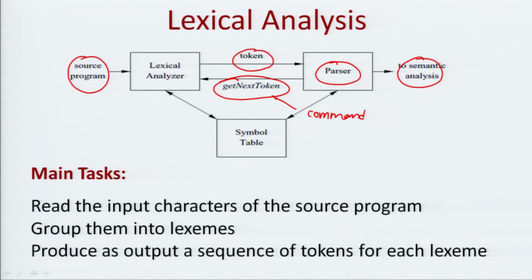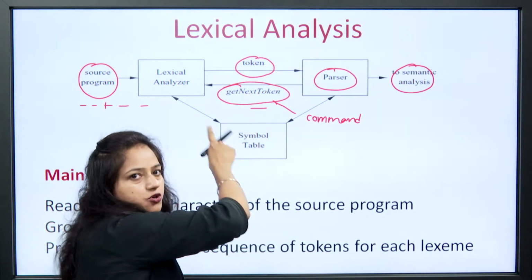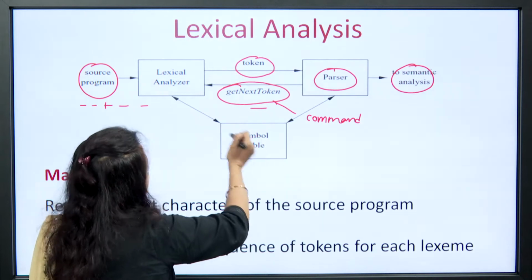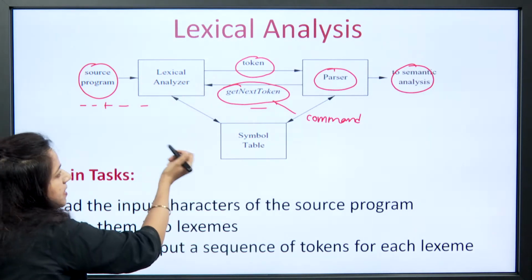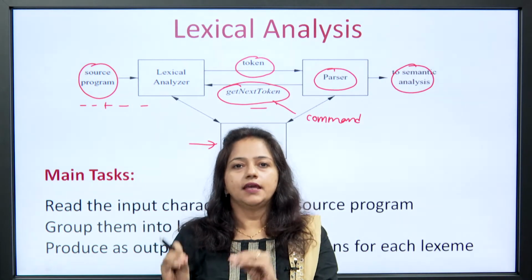Here we have the source program. The lexical analyzer starts to read the input string and finds the next lexeme, and then finds the token for that lexeme, and then that token is given to the parser. Then the parser again consumes it and again requests the lexical analyzer to produce the next token. In that way the lexical analyzer and parser work together. Now, here we have the symbol table, and the details that we get in the program are stored in the symbol table. So, they may be stored or they may be fetched.